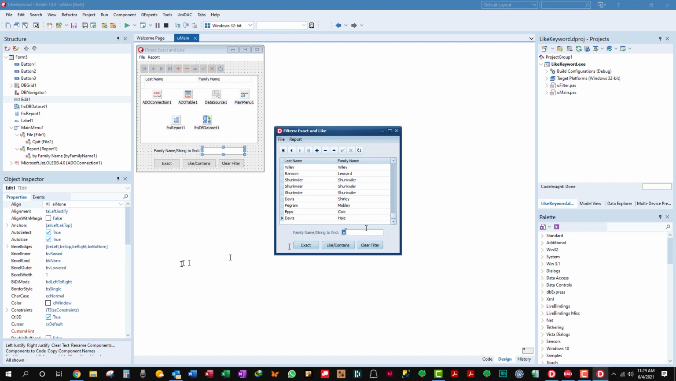Now, here's another cute little trick. You can just put in a dash and use the like contains button. Click on that. And here you see the hyphenated names are listed, regardless of what they are. Let's clear that filter, and we'll put in a new record, and we'll say